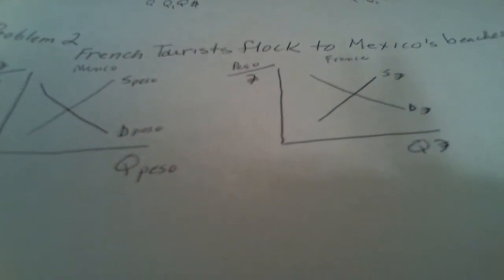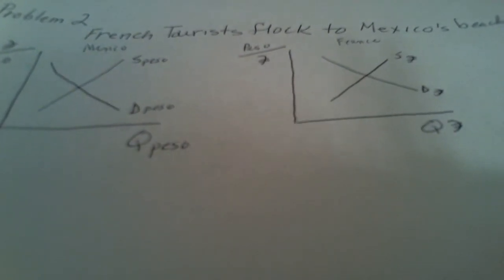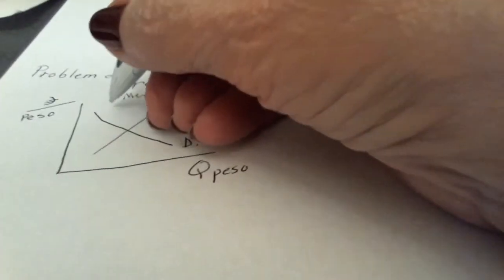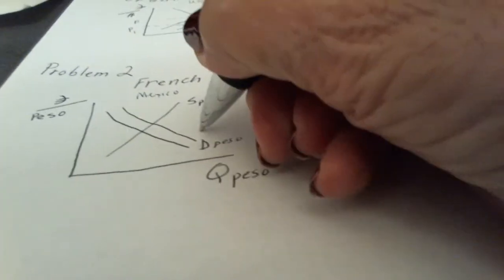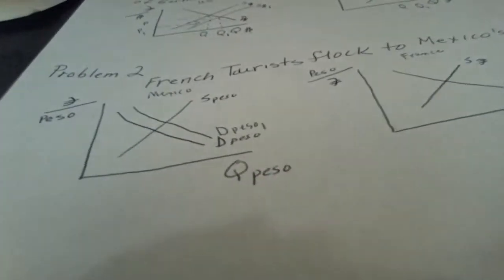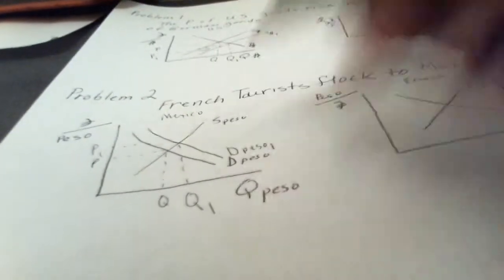If French tourists are visiting Mexico, what are they going to be doing? They're going to be demanding pesos. And so an increase in the demand for pesos, there, that was the original price of the peso and quantity. So pesos would appreciate, and